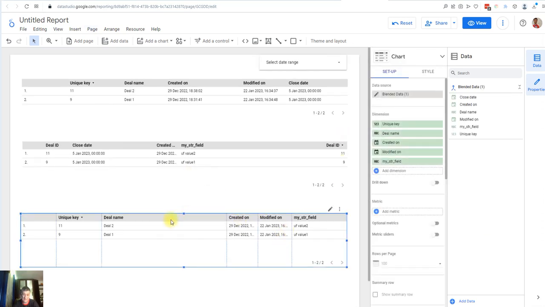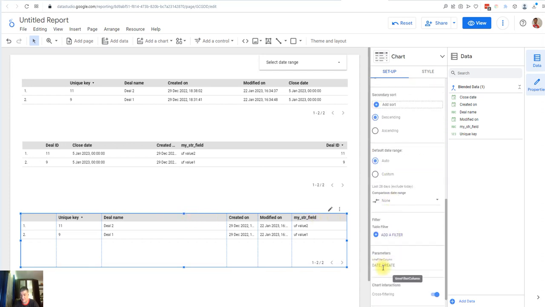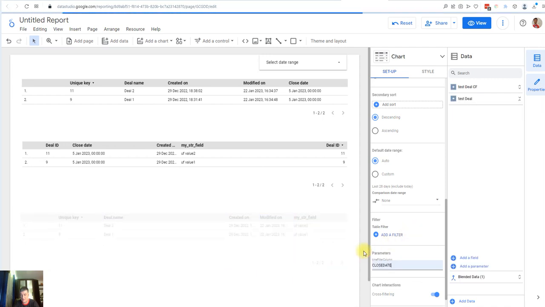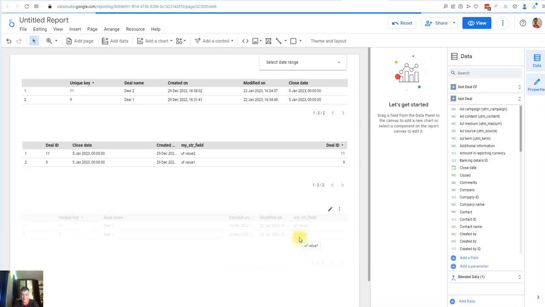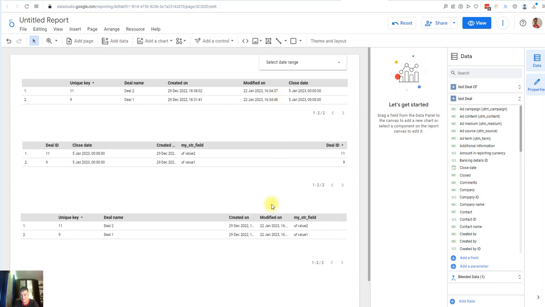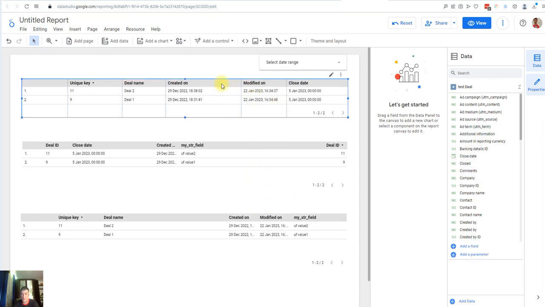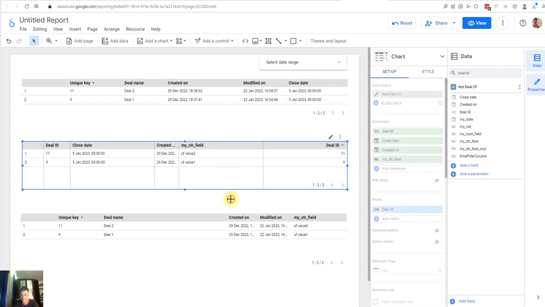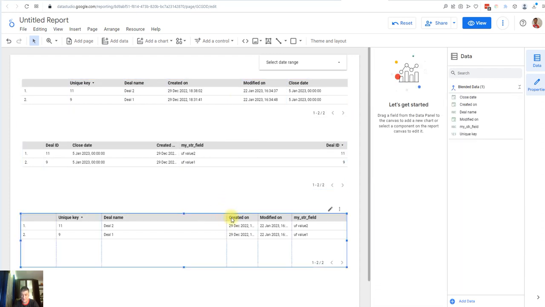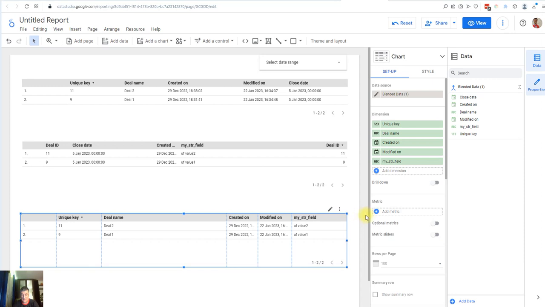Or if I select this blended table and go to the bottom, I see the parameter. So if I put here close date, this table will be filtered simultaneously with the table above it. So the deal table, deal custom fields table, and joined deals and custom fields of deals are now filtered by